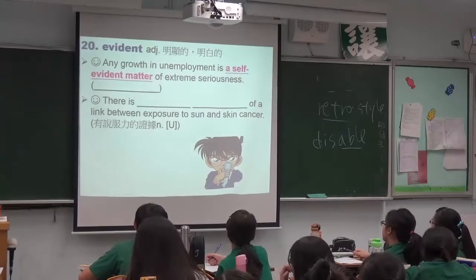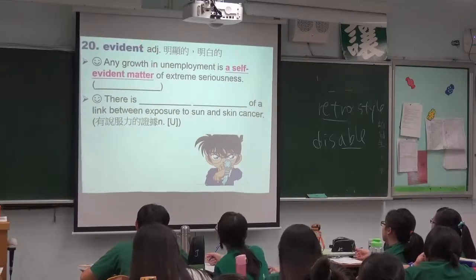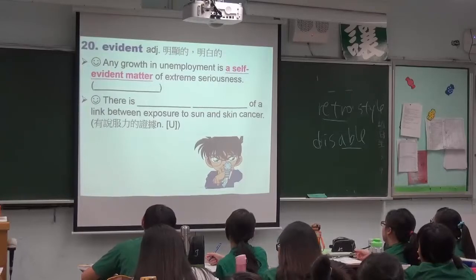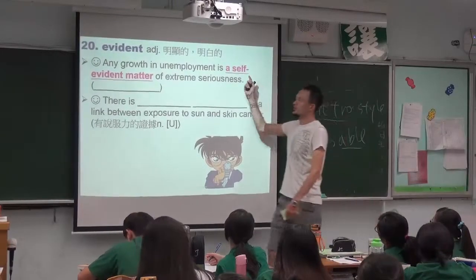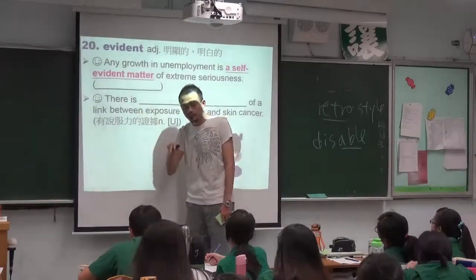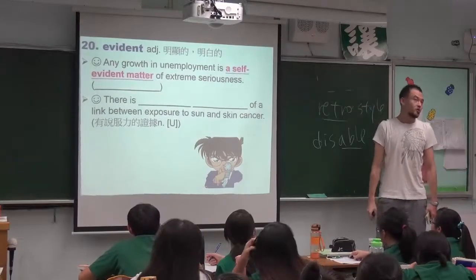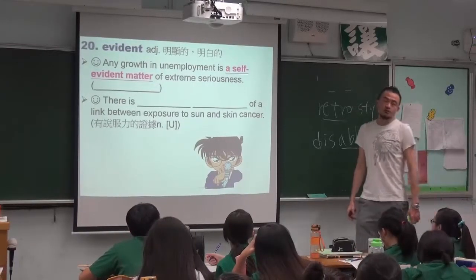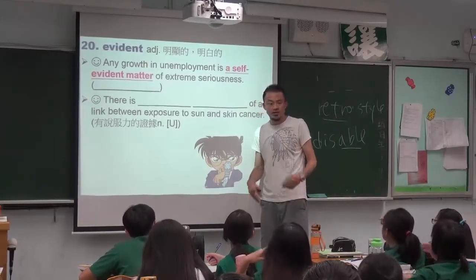So when you say something, matter means an issue. When you say it is evident, here it means obvious. 这个 evident 当名词形容词，都指的是 obvious 明显的。If you say some matter, some problem is self-evident, what does that mean? 自己本身就很清楚。So you can say environmental protection is a self-evident matter in every country right now. Means it is so important that you don't have to point that out.